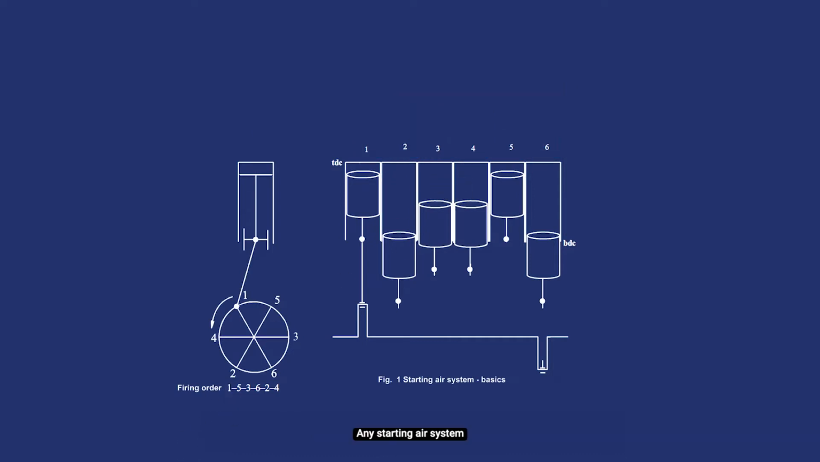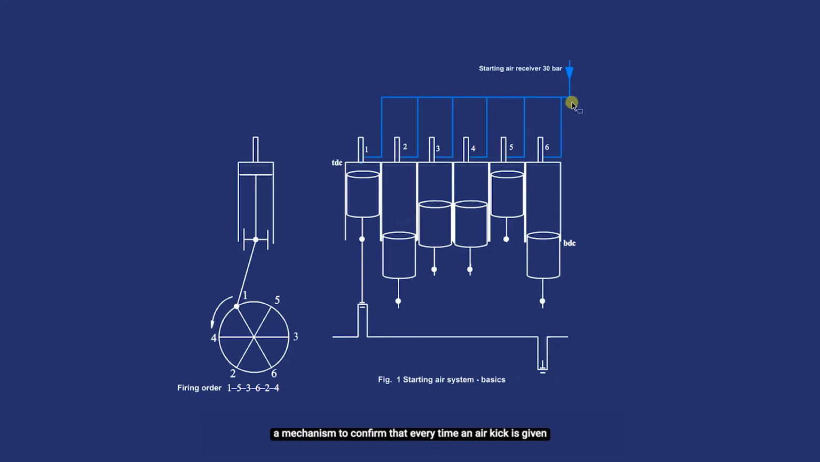Any starting air system will therefore have at its core, firstly, a network of starting air pipes connecting starting air of 30 bar or so from the starting air receiver to the cylinder starting air valves, placed one on each unit. And secondly, a starting air system should have a mechanism to confirm that every time an air kick is given, during the kick, the air is admitted in the engine at the appropriate cylinder, one after the other in its firing